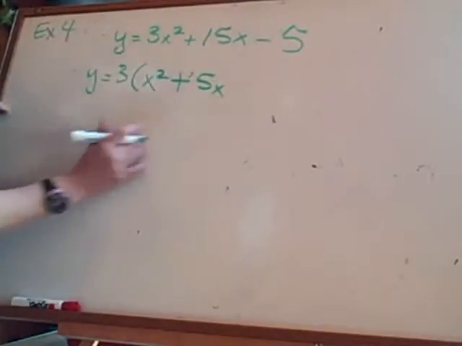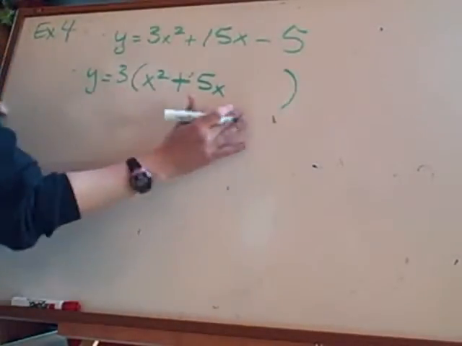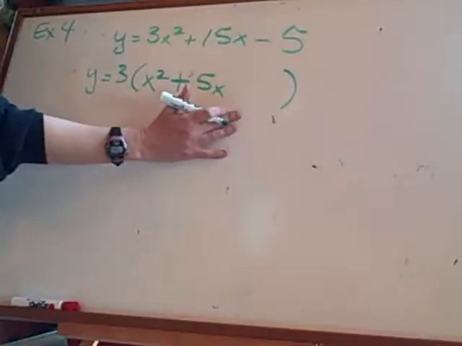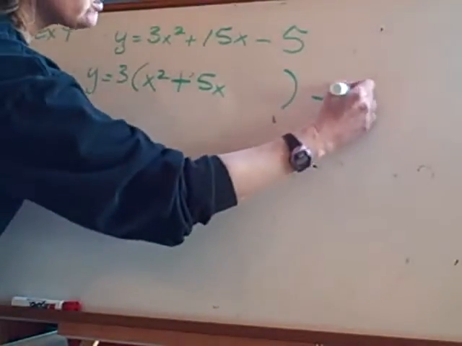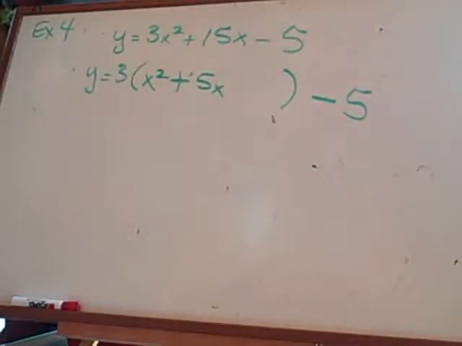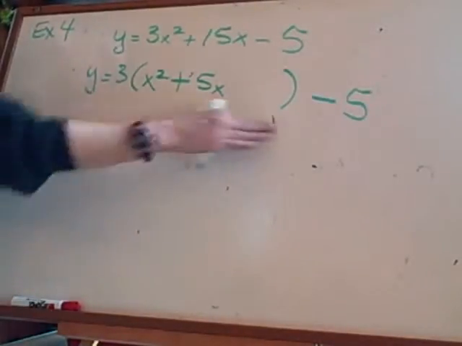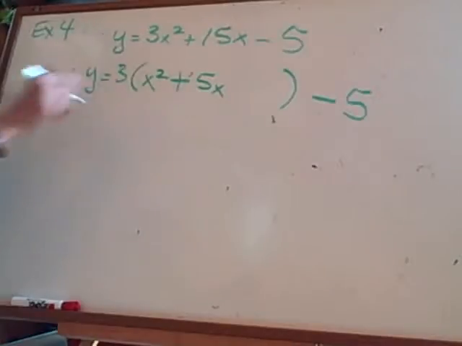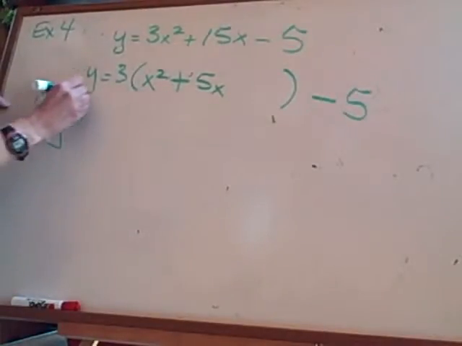Perfect. I'm going to go ahead here and leave a space for my completing the square, so I can just put it on this line. And then I'm going to put what's left over out there. Are y'all okay with that? Okay, so let's go ahead, and when we're completing the square, once we've factored this, all we want to do is consider what's inside the parentheses. So when I draw my box,